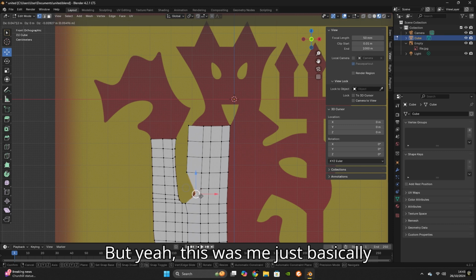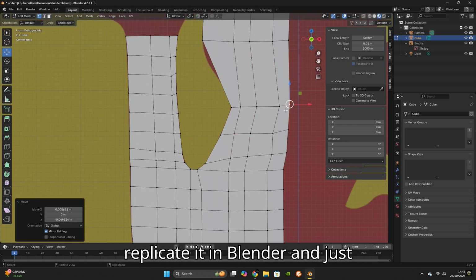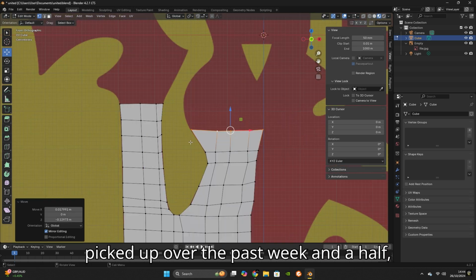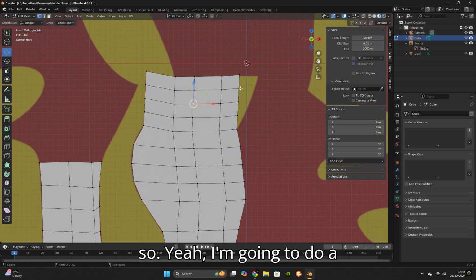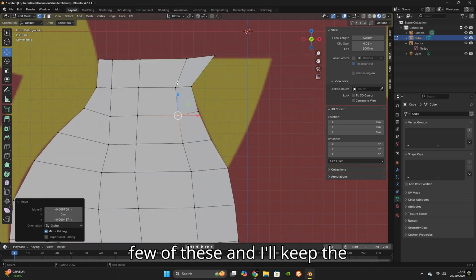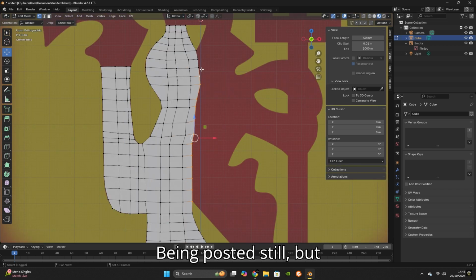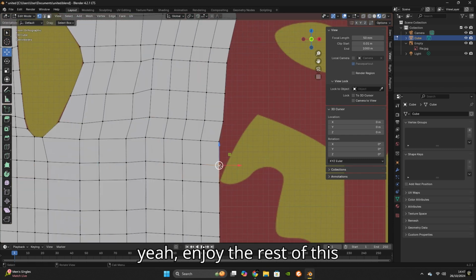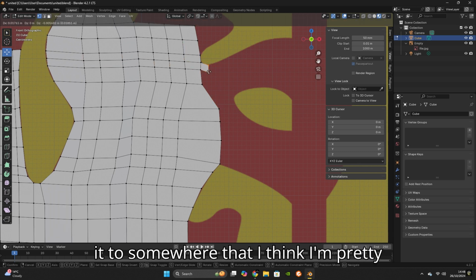But yeah, this was me just basically having a storyboard, seeing how I could replicate it in Blender, and just using some of the techniques that I've picked up over the past week and a half. So yeah, I'm gonna do a few of these and I'll keep the progression updates being posted still. But yeah, enjoy the rest of this video as I get it to somewhere that I think